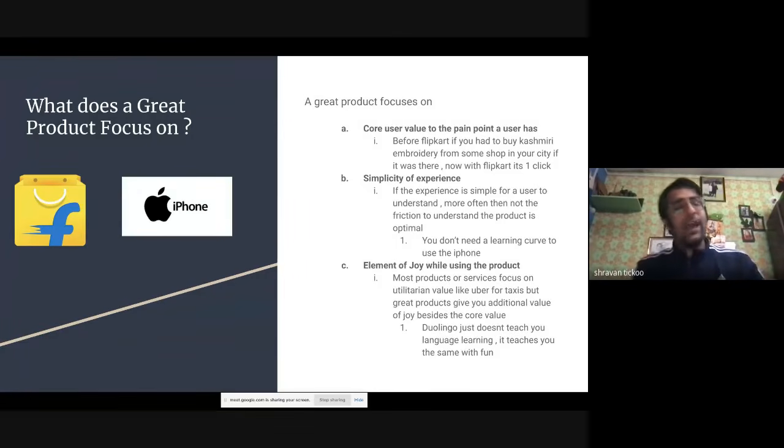Like most apps are focused on utilitarian value. What I mean by utilitarian value होती है कि यार Uber तुम तभी लेते हो जब तुम्हें किसी टैक्सी चाहिए होती है, right? लेकिन जो अच्छे प्रोडक्ट्स होते हैं ना, वो इस तरह भी काम करते हैं कि उस ऐप में ही इतनी वैल्यू है कि तुम्हें मजा आता है प्रोसेस में ही. What I mean by that is a lot of people go to Amazon not because they want to buy stuff, they really want to search for good stuff. So it also is fun to eventually use the product in itself.